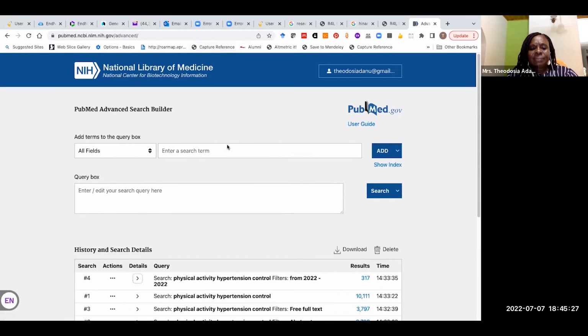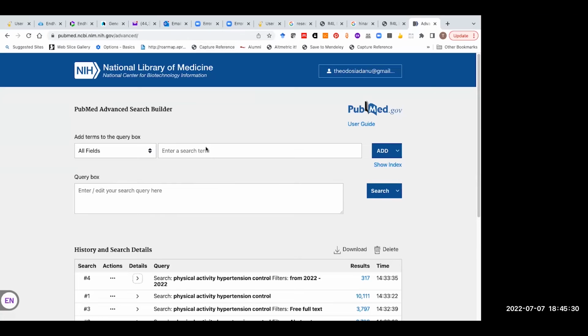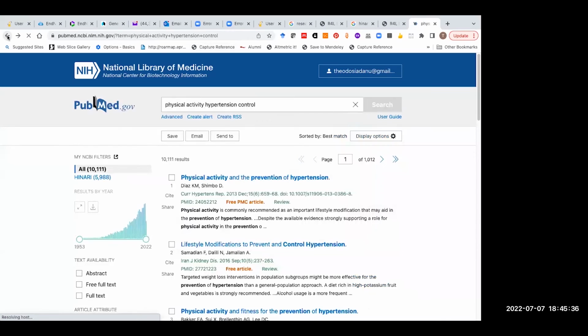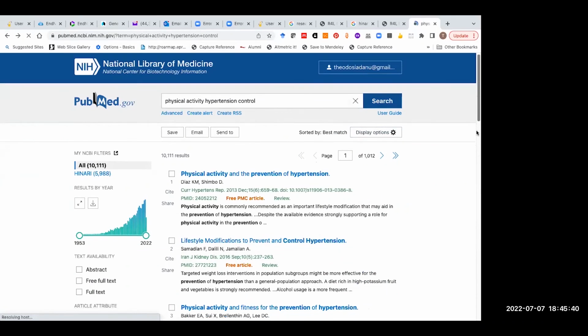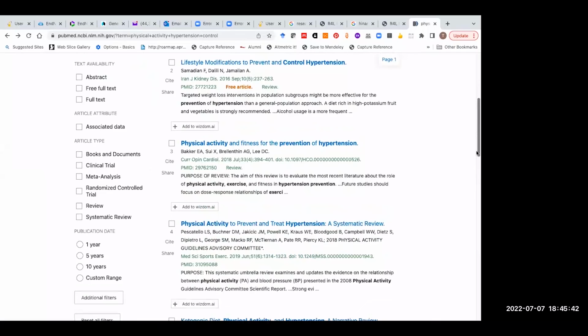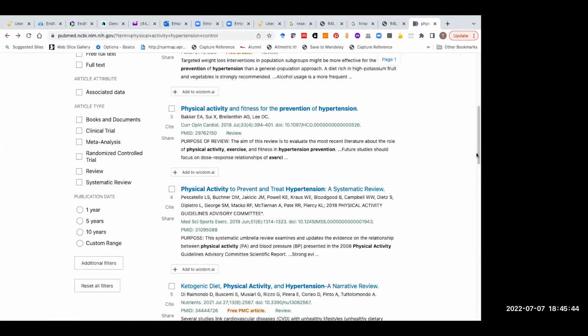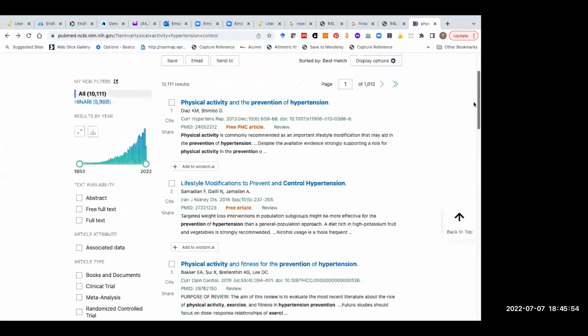And if you pick the type of article as case reports, I think that filter is under type of article, then you could see it. I don't know that case report is there, but I think that would be the way to do it.